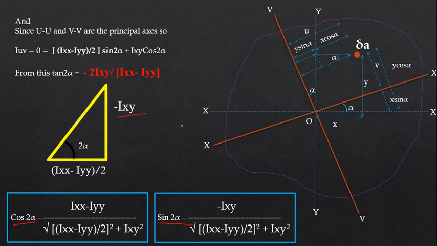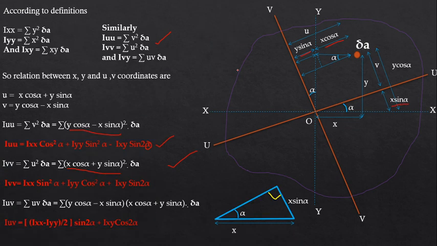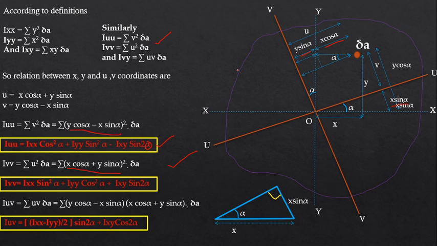For any question in which we need to find the centroidal principal axis, we just find the value of moment of inertia and put this in these equations and get the new principal centroidal axis.